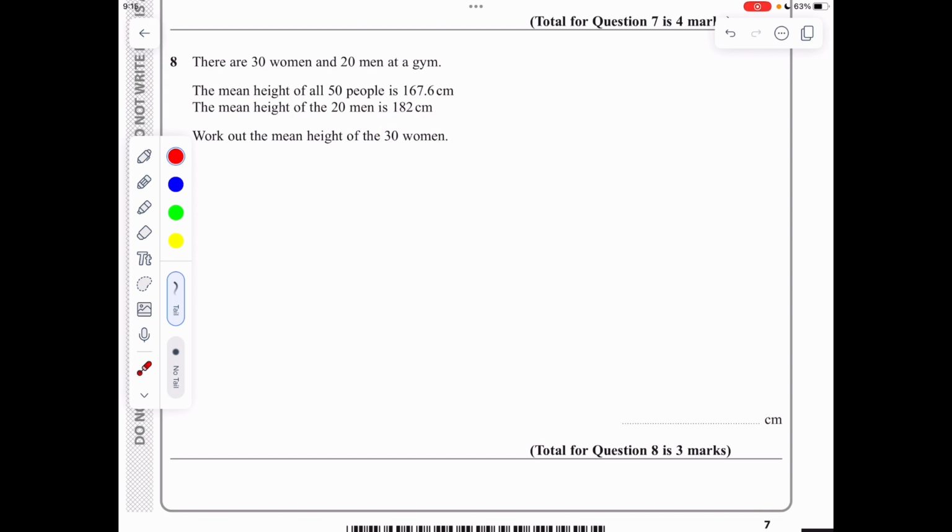I like to approach these questions by drawing up a table. We've got women, men. We've got 30 women and 20 men, so 50 people in total. We have been given that the mean for men is 182 and the overall mean was 167.6. We know that if we multiply the mean by the number of individuals, we'll get the sum of the heights. So 182 times 20 will give an answer of 3,640, whereas